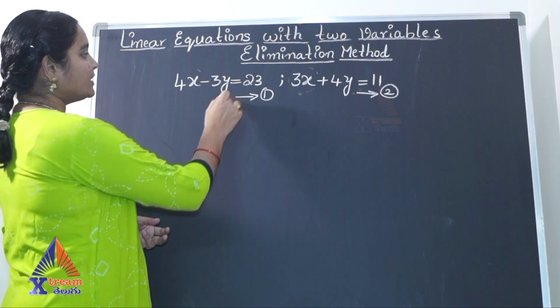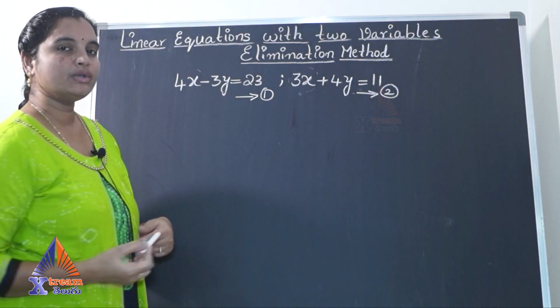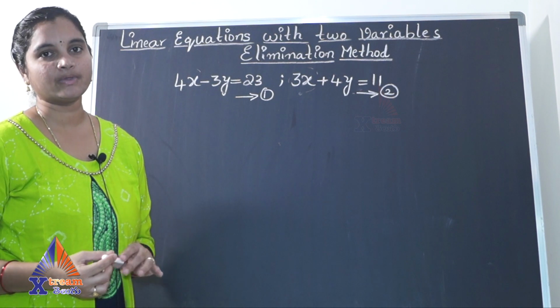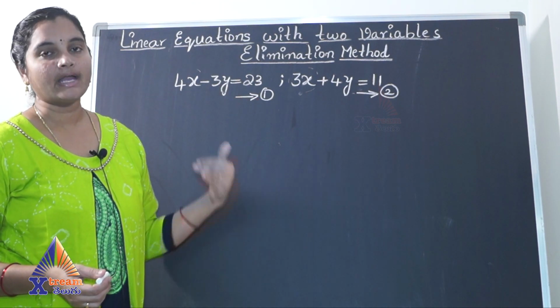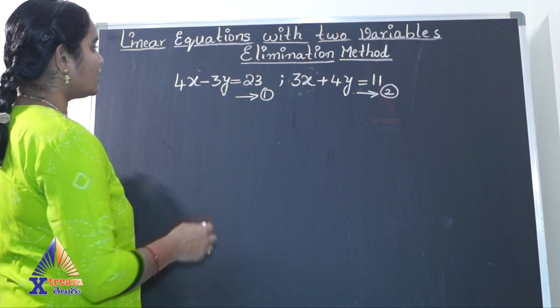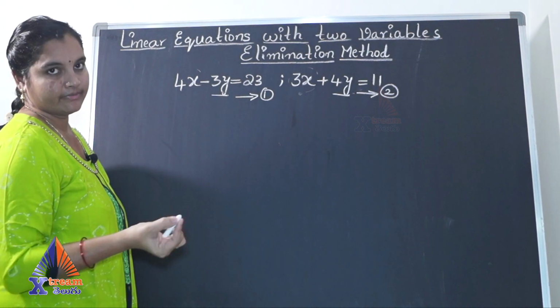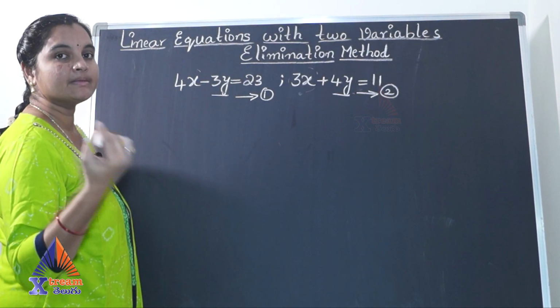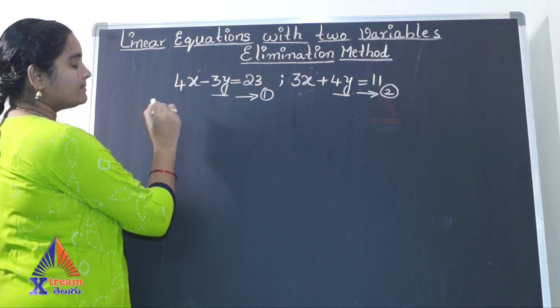Okay, so let's try with the y term because already we have a negative and positive term here. No need to specially subtract these equations. You can simply add them directly so that you get your x term. Now I'm trying to make this y term and this y term as 12 because their least common multiple is 12. Now to make this 3 as 12, what should I multiply with?